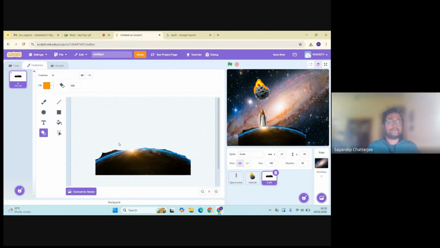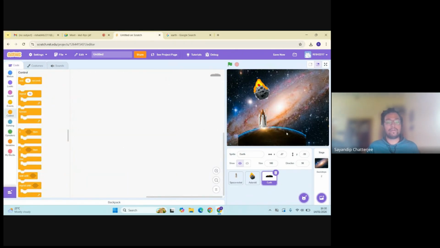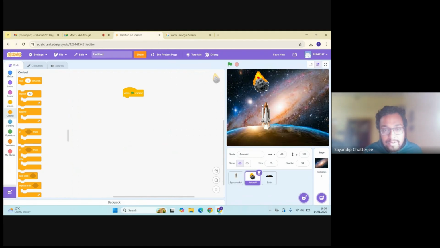Okay, you can keep a little bit of black above the earth part. That's not an issue. You can keep a little bit. Okay, and same at the bottom maybe. And if you don't wish to remove the bottom part, then you can increase the size of it. Yeah, you can increase the size and then drag it below the screen. No, not that much. Yeah, you can increase it up to maybe 200. 200 is fine enough. You can keep it 200